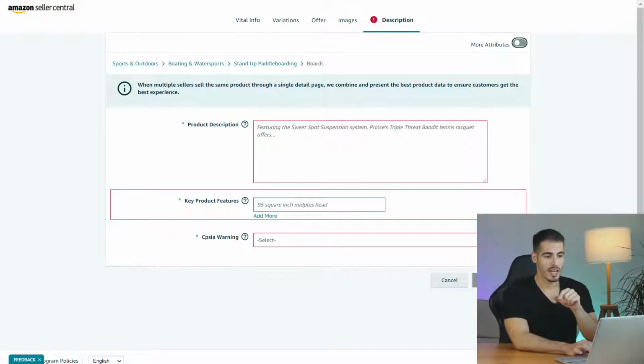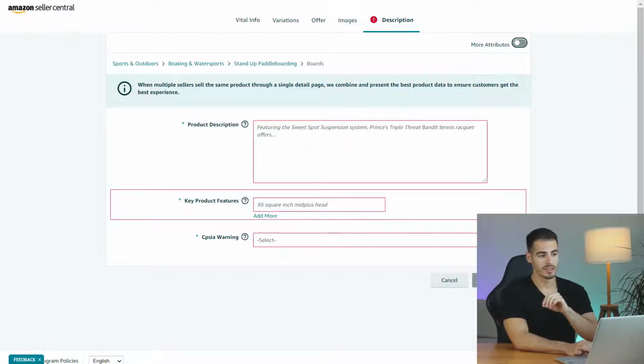But let's get back to our Amazon listing. You can just copy and paste your HTML code in the product description. Key product features are where you enter your bullet points, and you should use these bullet points to highlight some of your product's most important features. You can click on add more to create up to 5 bullet points. I believe bullet points are much more important than your product description, so make sure to add things that really differentiate your products from the competitors and write about how your product features are going to benefit your customers.